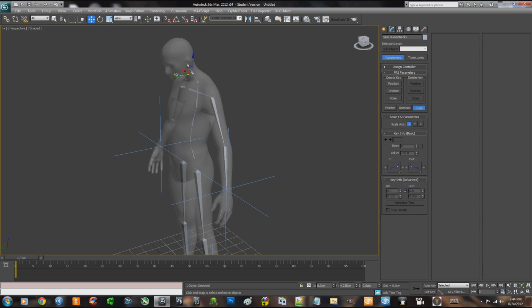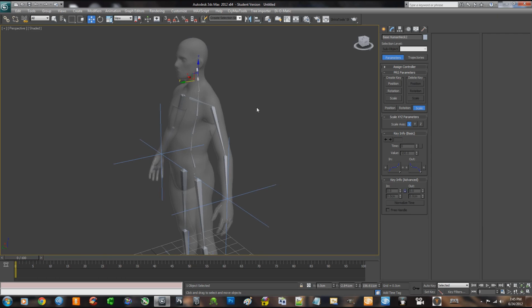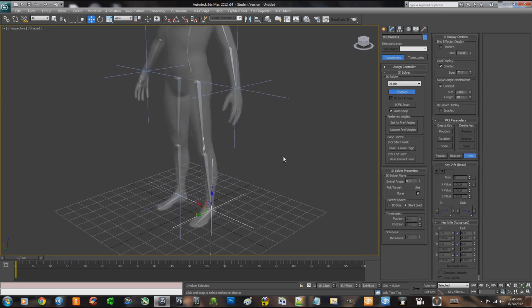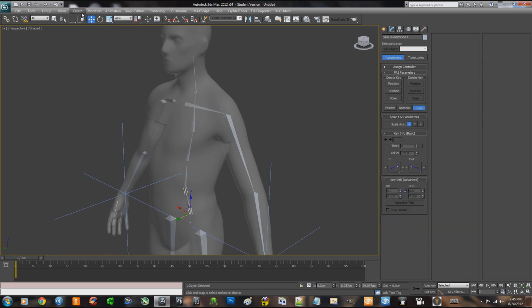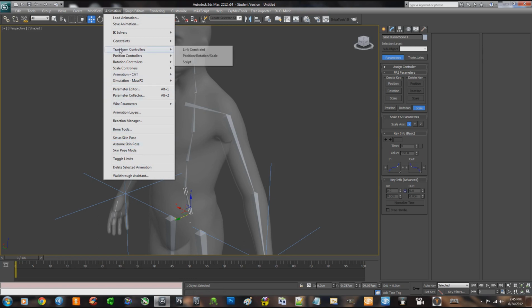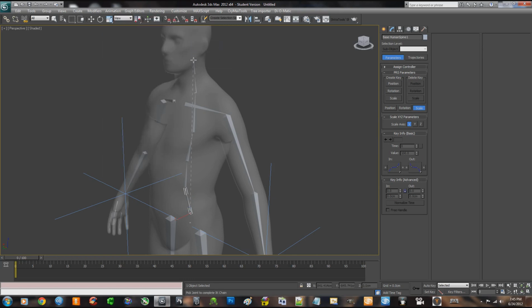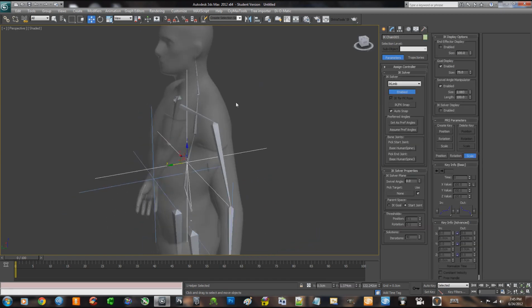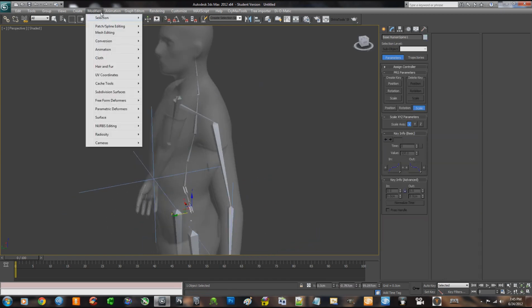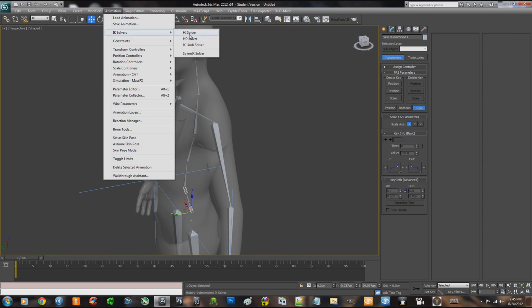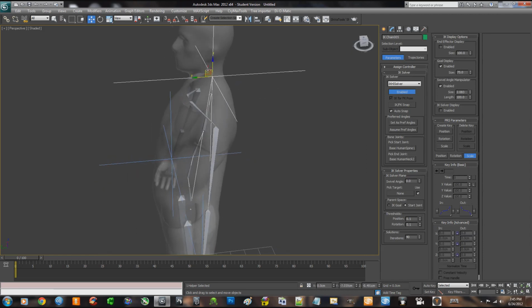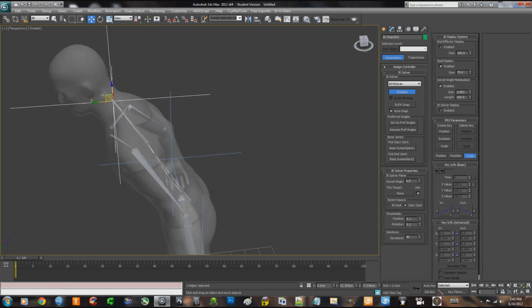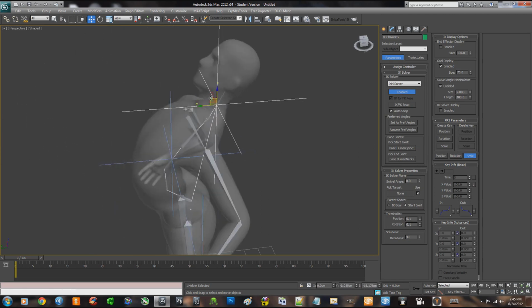You see this, guys? If you just don't want to move the head, it's an option. If you want to, you can go to this bone here, animations, IK solvers, IK limb solver, and connect it to this last bone. I'm sorry. Animations, IK solvers, HI solver, an HI solver to here, and then by moving this you can actually move the whole body,